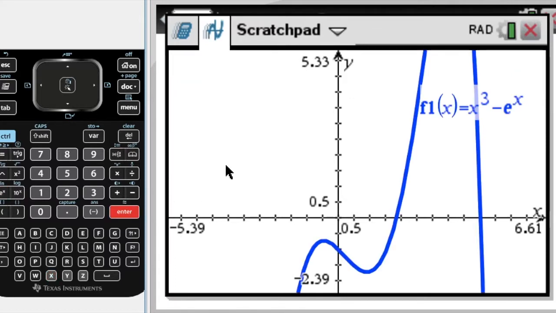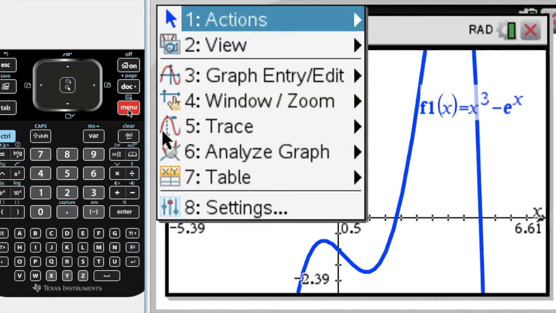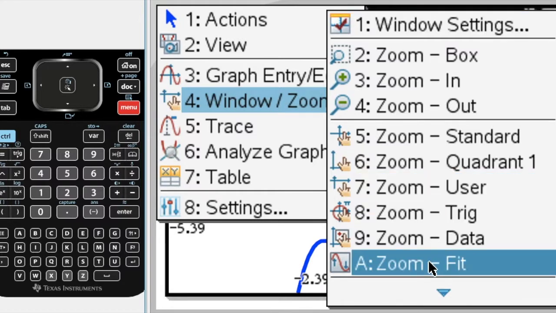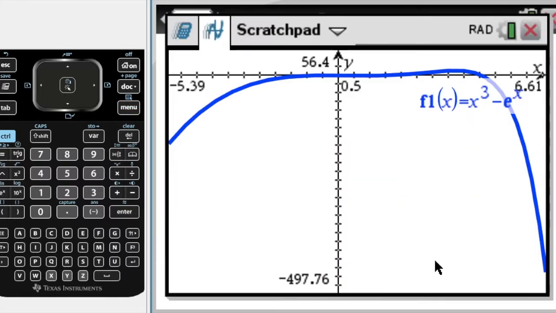So when the graph appears, it may happen that it's not a convenient window. What you can do here is go to menu and then choose zoom. So typically you're not going to slide over like I do, but you're going to press menu and then press number 4, and then press the number or letter that corresponds to what you want to do. One thing that some students like is to use zoom fit. It can be great and it can be a disaster. So in this example, if we choose zoom fit,